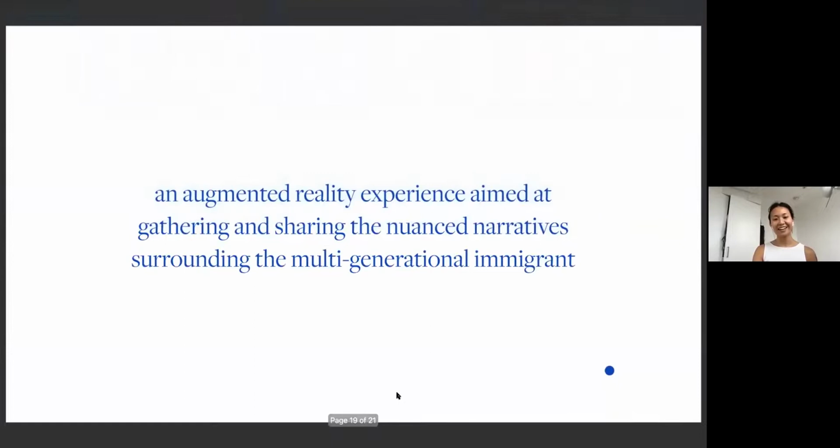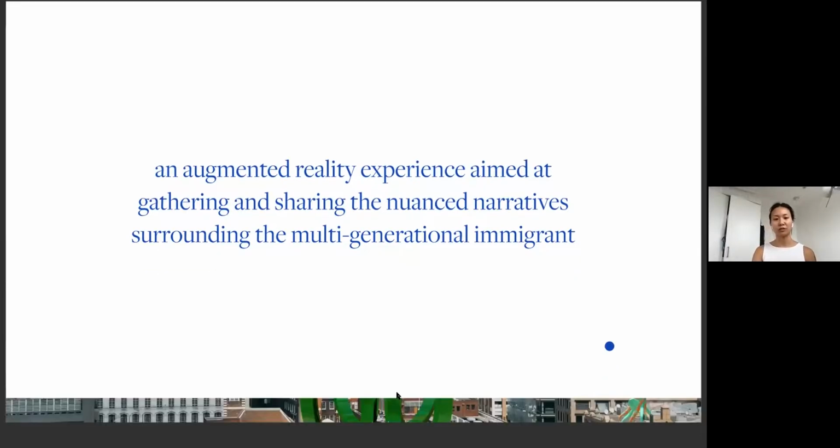And then, oh yeah, quickly, this is the other part of the project that I'm not going to go into in depth, but basically all of these monuments will exist in an augmented reality experience, so the audience can interact with these monuments, read the stories behind them, see them exist in London space and find them within their neighborhood. So it's a whole idea of almost claiming space in London for this specific cultural group.